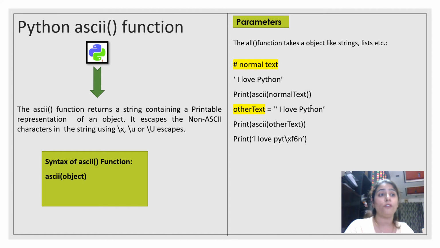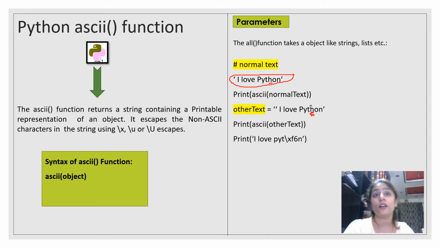Now you will find the difference here. See, look at this H, and look at this H. There is a difference. This is not the normal one, this is the non-ASCII character, and this one is an ASCII character. So it will give me the output like this only.